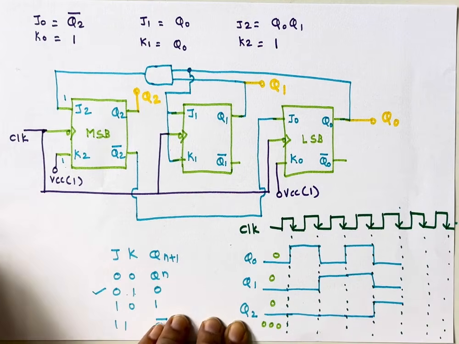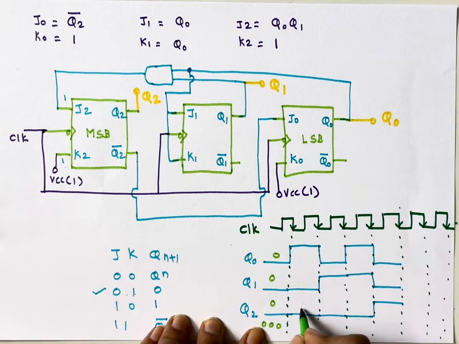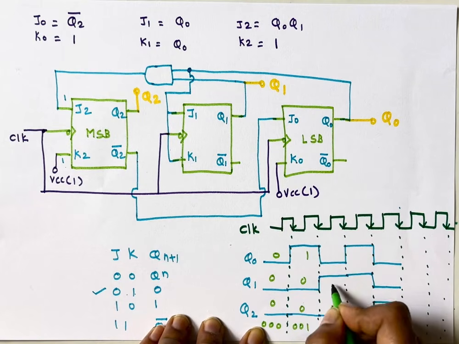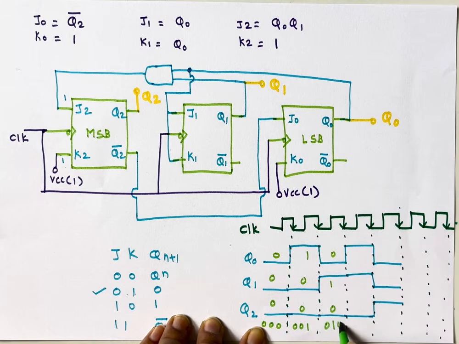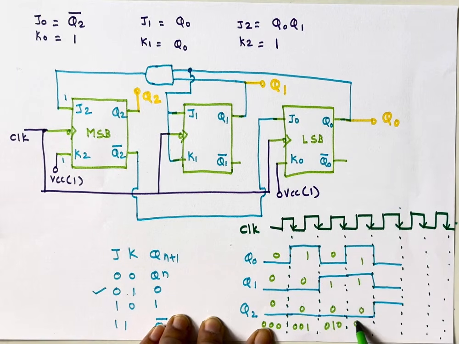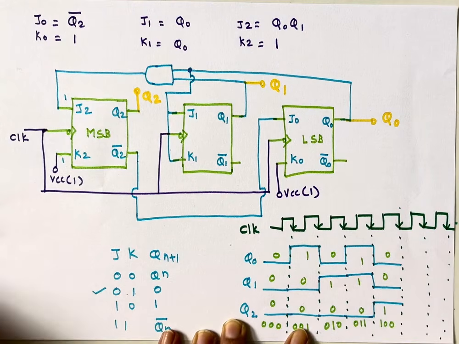So here the values are 0, 0, 0. Then this is 0, 0, 1. Then 0, 1, 0, that is 2. Then 0, 1, 1, that is 3. 1, 0, 0, that is 4. After 4, here